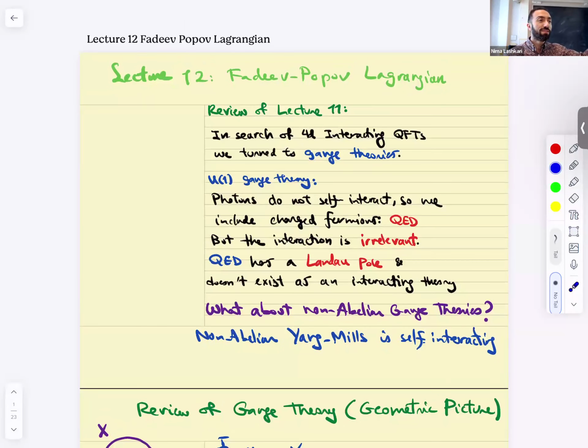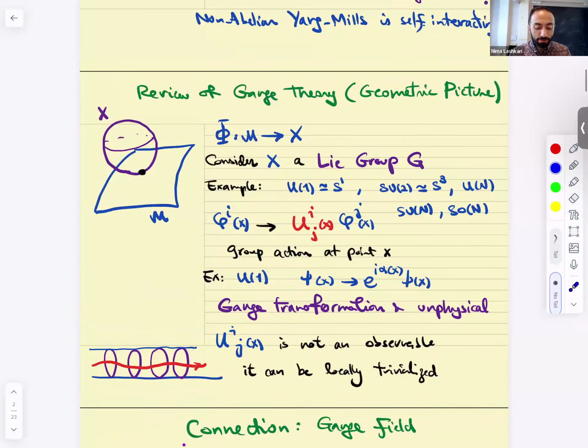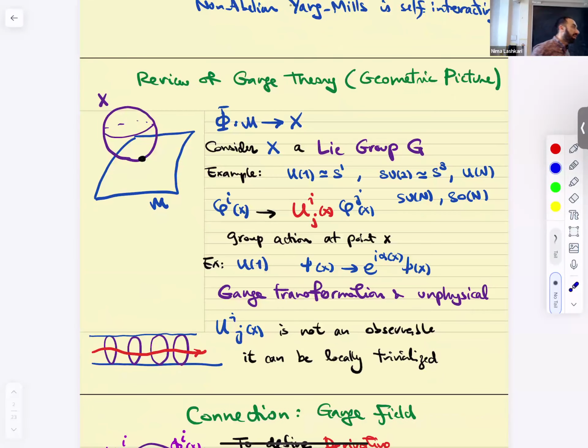So U(1). Okay. All right. So I already gave you the punchline. Non-abelian gauge theory is going to save us. So in the interest of, I think, not all of you guys were in part one of the course, I'm going to review stuff that we went over in QFT1, just to make sure everybody is on the same page.